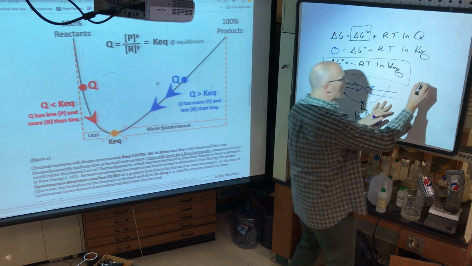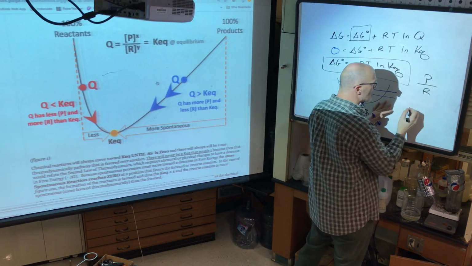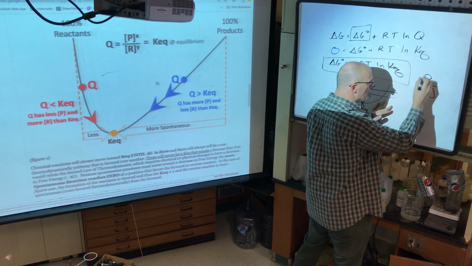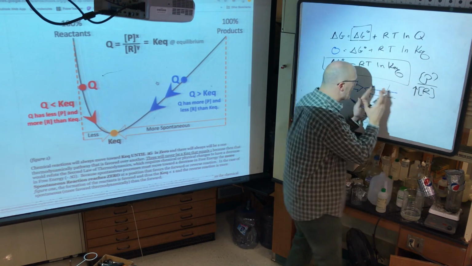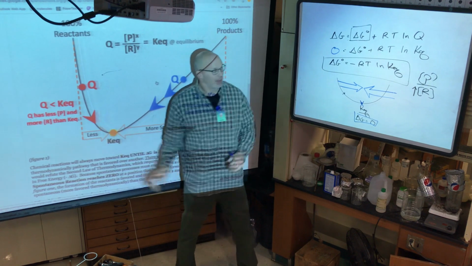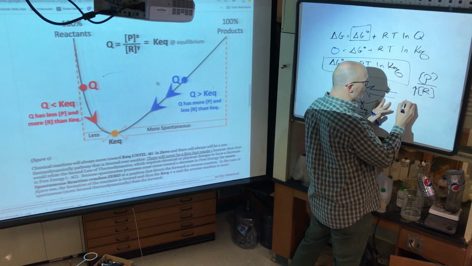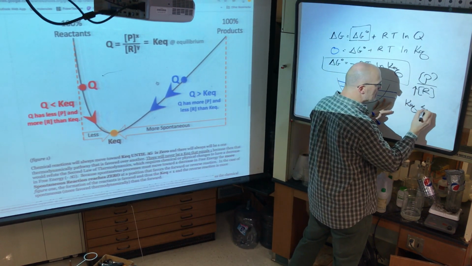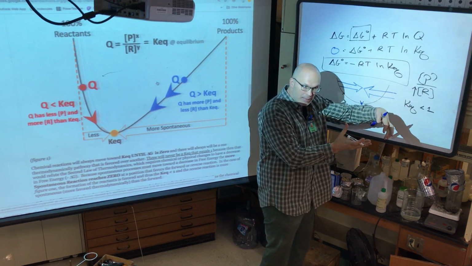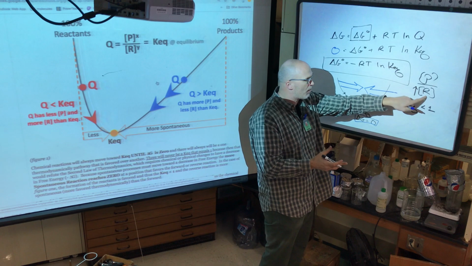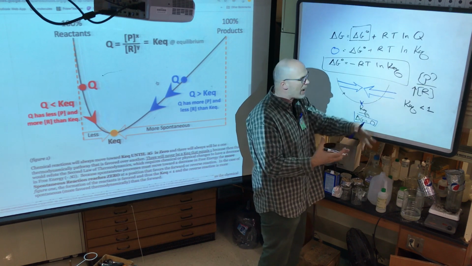If you've got products over reactants, and these are, of course, concentrations to an exponent, but if this number is bigger than the reactants, if you're over here, isn't this number of KQ less than 1? Yeah, if the denominator is larger than the numerator, your value is smaller than